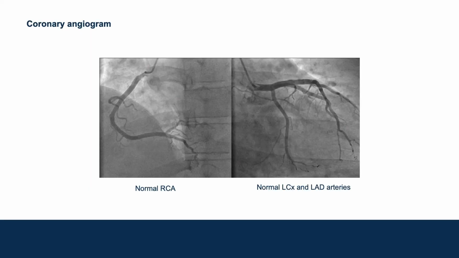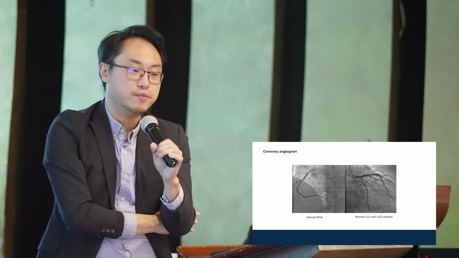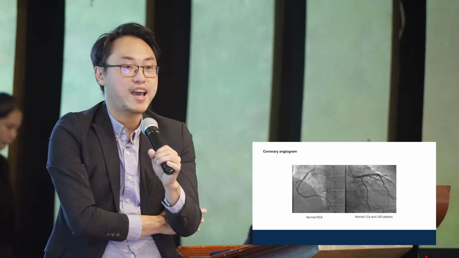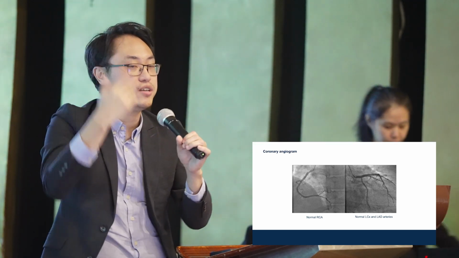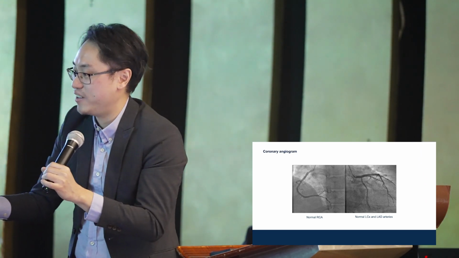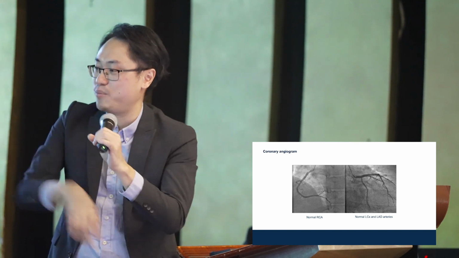Now, we have to do something because the patient keeps having these short runs of ventricular tachycardia. God knows when he's going to go into ventricular fibrillation. So a bit stressed out now. We have to do something more urgently. What if this patient actually has coronary disease? Because Dr. Bala showed a very young patient also, 38 years old, who had a heart attack. This one is 40, so why can't the patient have coronary disease?